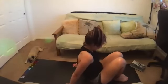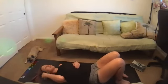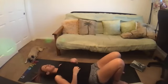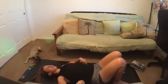Bringing your booty as close to your heels as you can, and slowly rolling on back. So trying to keep your feet about hip width apart here. We're going to take a few cat-cows on the mat on our backs. So as you inhale, lifting your back off the mat gently,